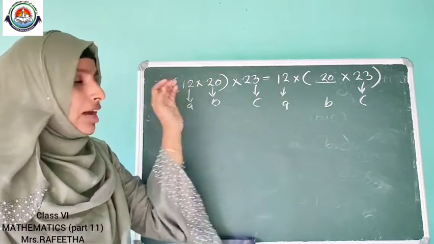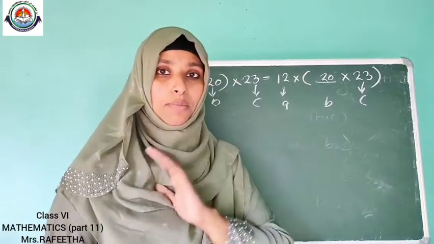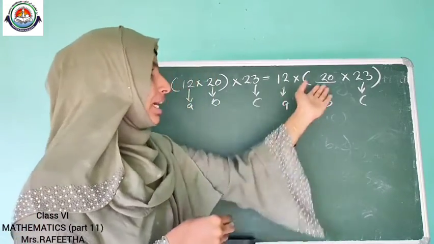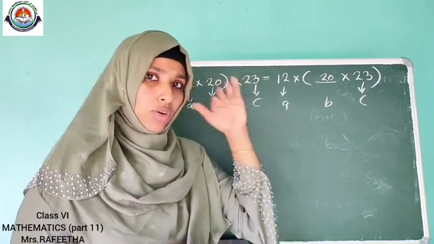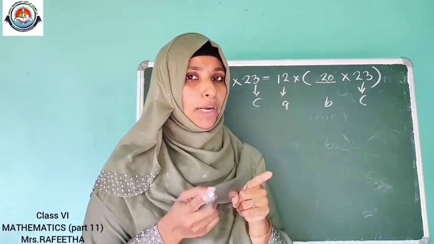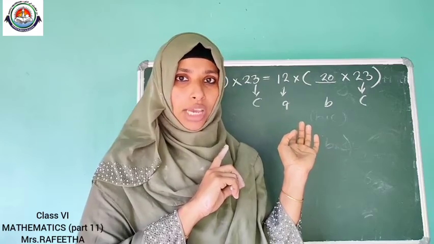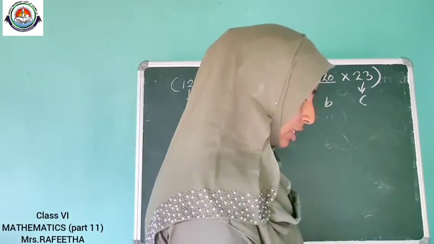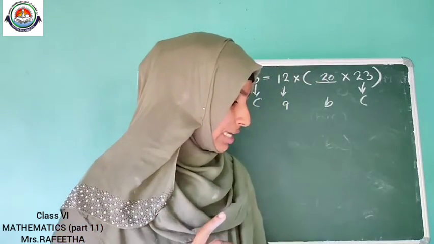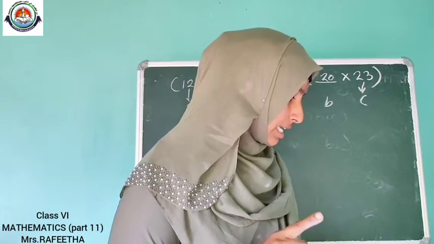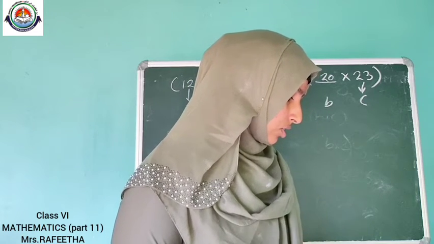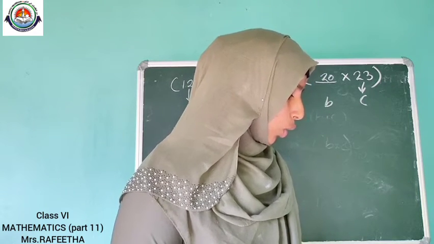So here we can find which numbers are A, B and C. After naming them, we can write this. If you are not naming, then also if you study the associative property thoroughly, you can do that. Okay. So next property. In the associative property, only one question I am giving as homework, that is exercise 2.3, first question, sub question 8. Okay, that I am giving you as the homework.